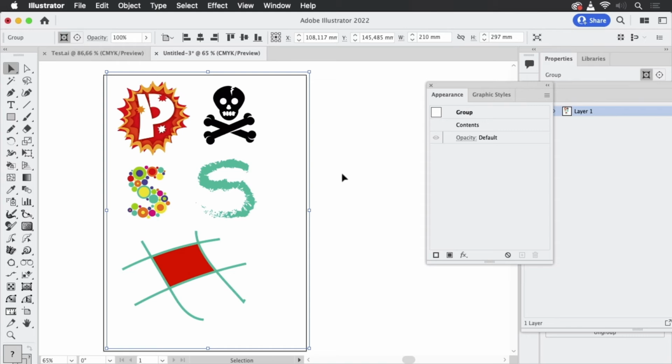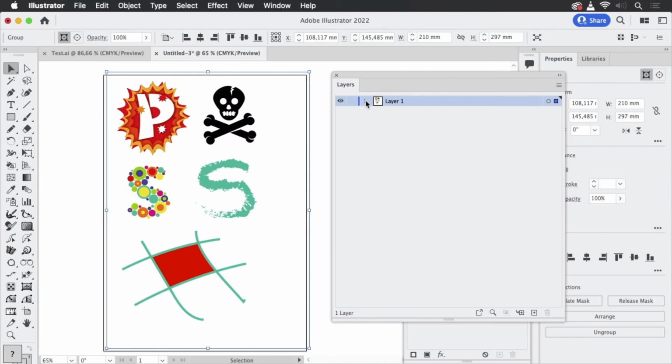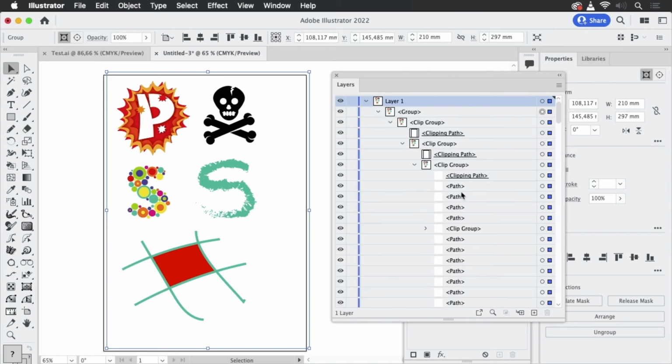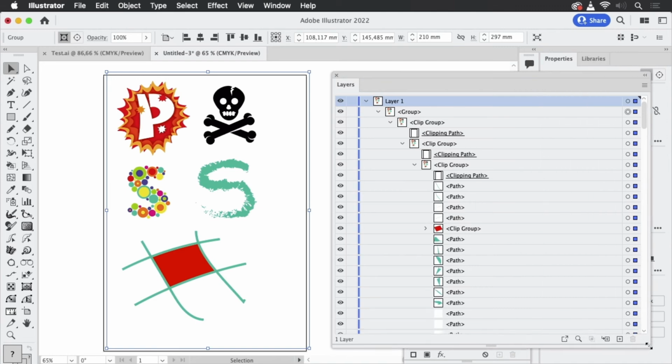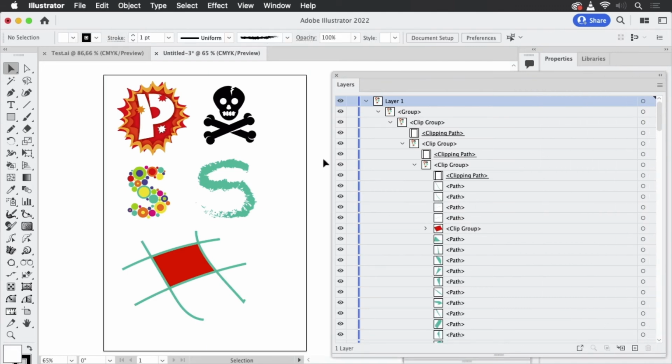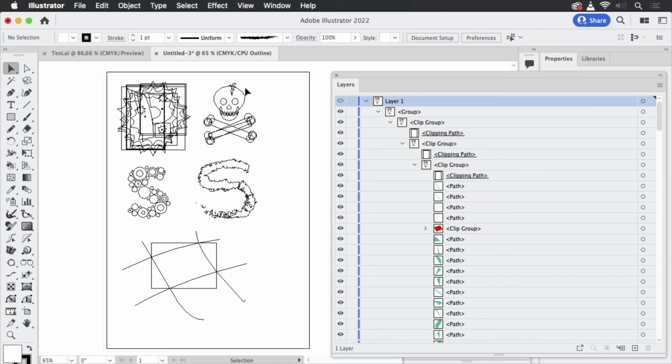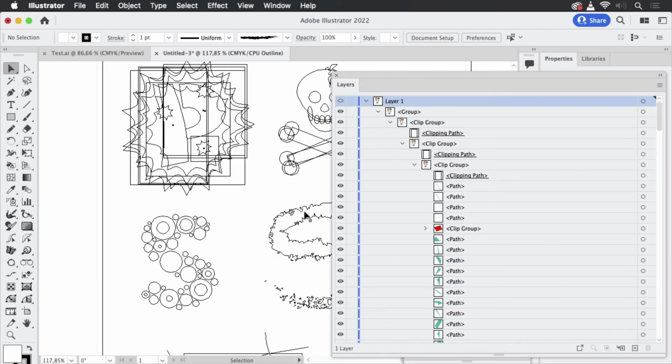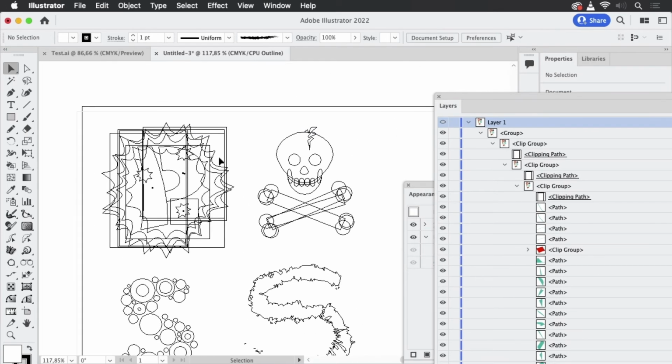That happens because there are a lot of clipping masks in a PDF. We can see that in the Layers panel. And you see groups and clip groups and even more clip groups and still more clip groups. So a lot of clip groups. When we turn on the outline view, so there is the structure, and we see the brush is outlined and there are a lot of frames in here, rectangles, which are in this case the